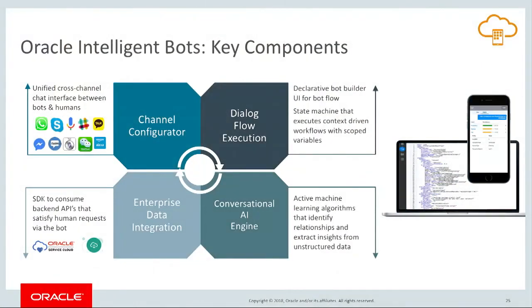And now if we go back to the slides, you see that this is the platform where we've given you the ability to integrate with multiple channels, to have a dialogue flow managed for you, where we're managing the state of the conversation for you, where we've built a conversational AI engine with natural language processing, with intelligence built into it to understand the intent of the conversation, to be able to parse out the entities upon which the intent needs to act.